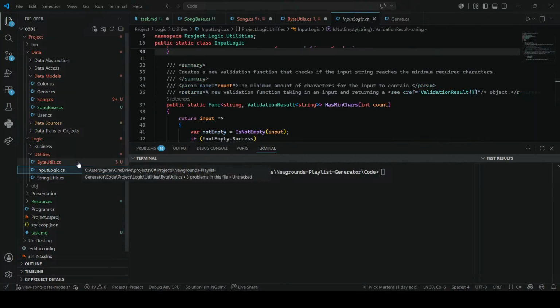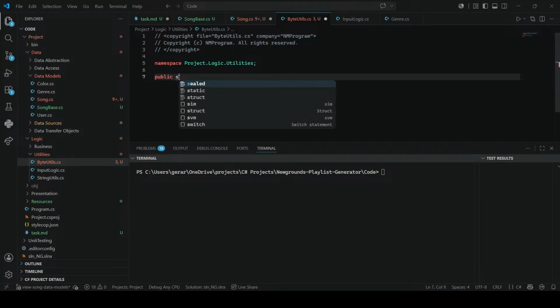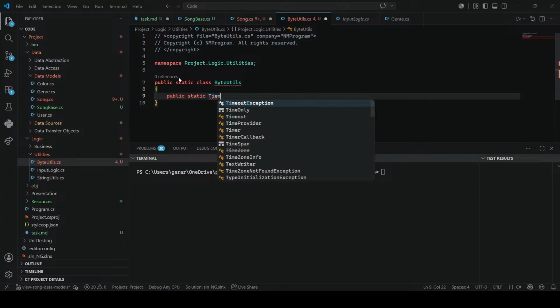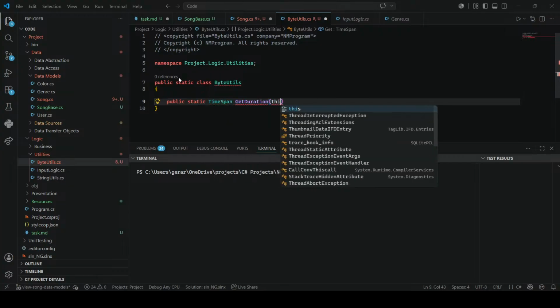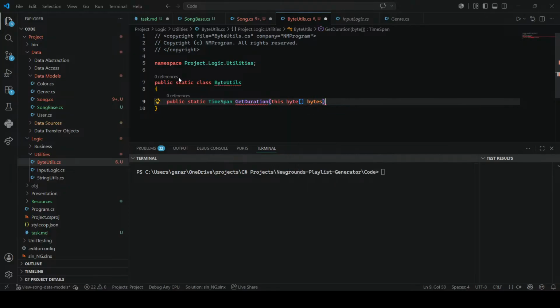So yeah, public static class ByteUtils, public static TimeSpan GetDuration, given a this byte array bytes,